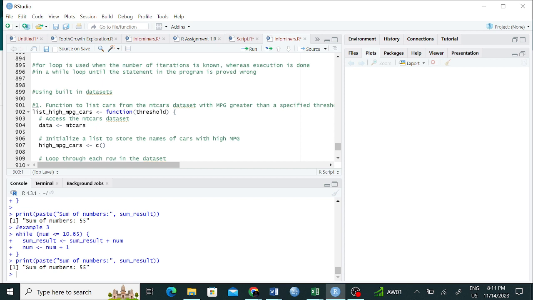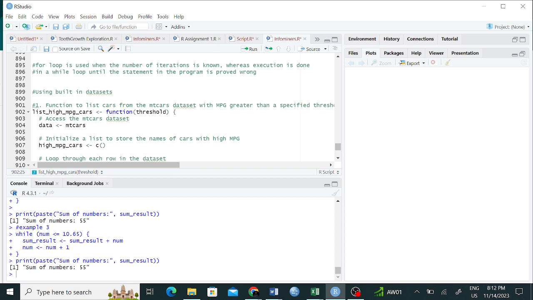We may want to give it a name, though this name is really long and it can confuse you. You just have to find a way in which the name that you're working with makes sense even for somebody who will want to review your code, in terms of just going through what you wrote, right? So even list high MPG cars is a little bit long and it can confuse somebody. Yeah, so we have list and then function.